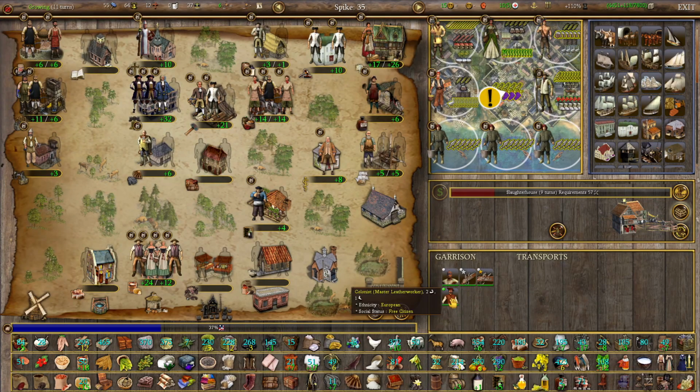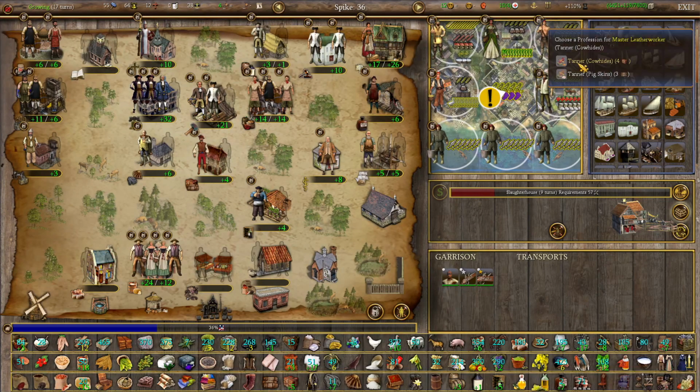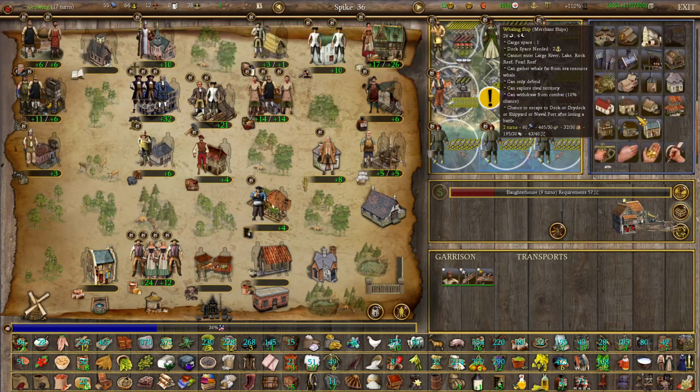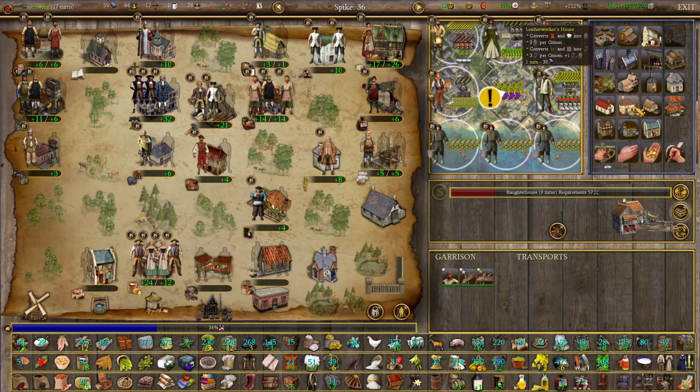And actually, since we got this, I'm just going to go ahead and start making some cowhides. That's a +4. Right, so it's a small boost there, but it's actually mostly for the leatherworker's house. Which makes sense. That would actually start giving us a bit...